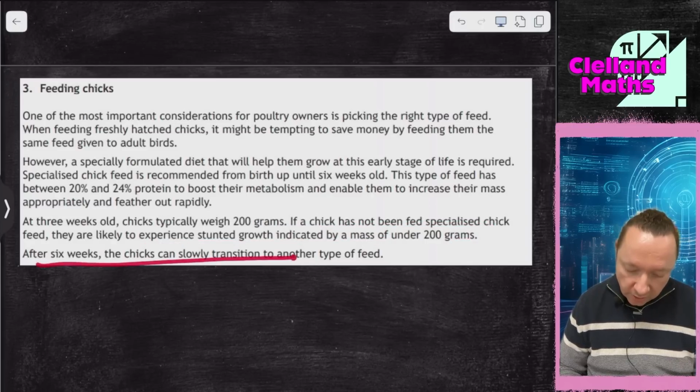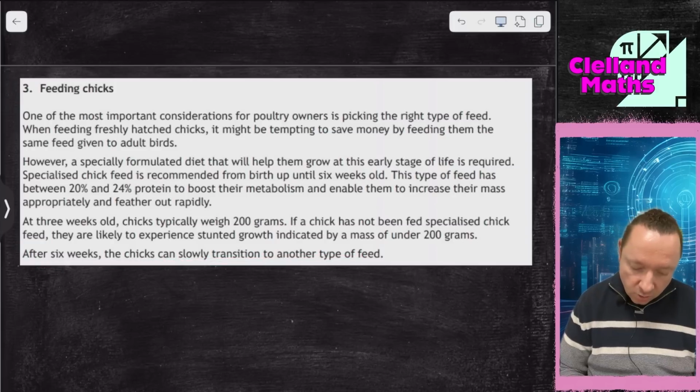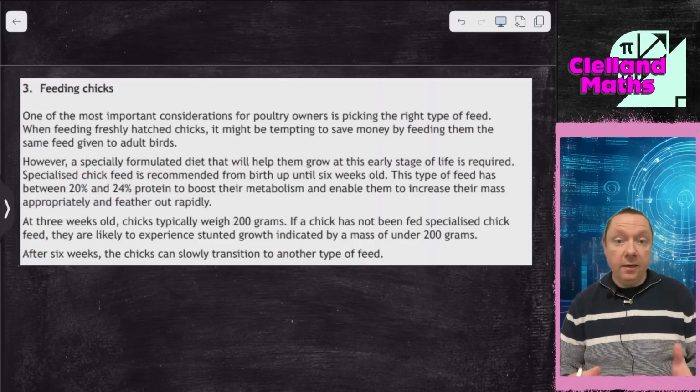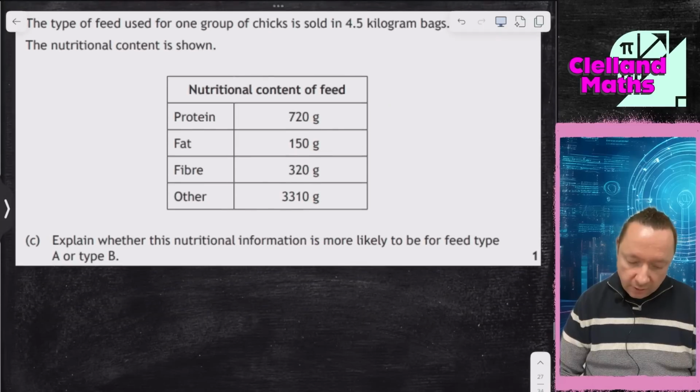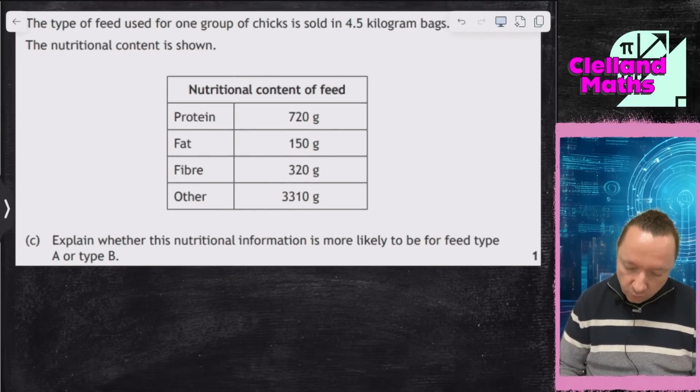At 6 weeks old, the chicks slowly transition to another type of feed. So between 20 and 24% protein allows them to increase their mass. So let's check the protein content of this feed. Well, we've got 720 out of